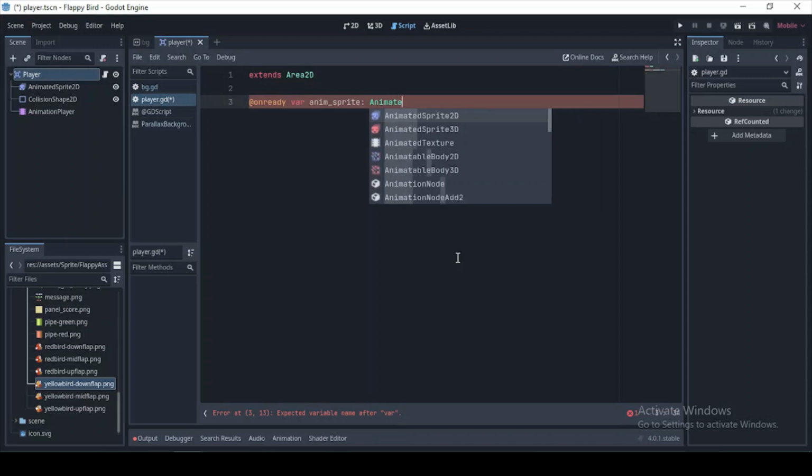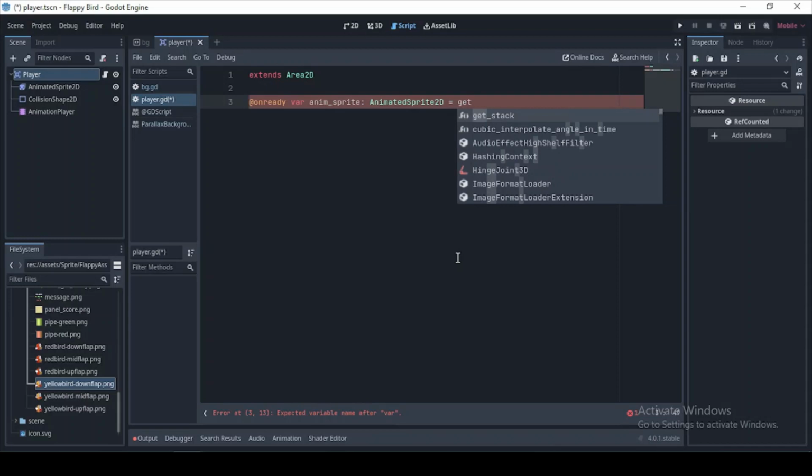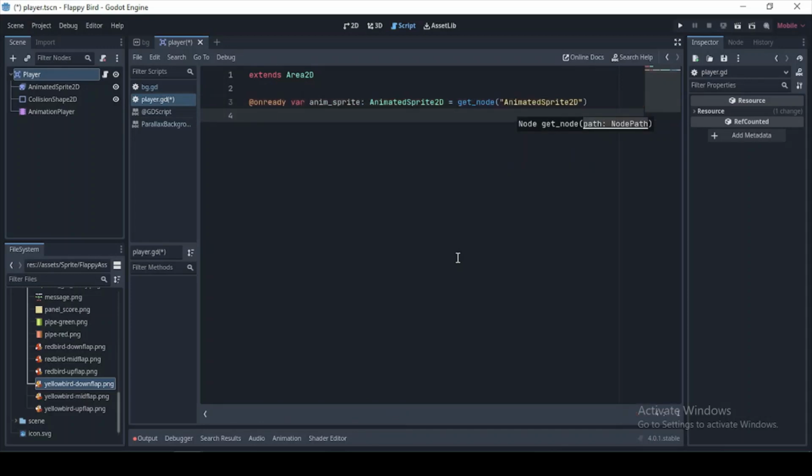Let's do an AnimatedSprite2D, get node. Okay, yeah. So we're going to create a ready function. Now in our ready function,